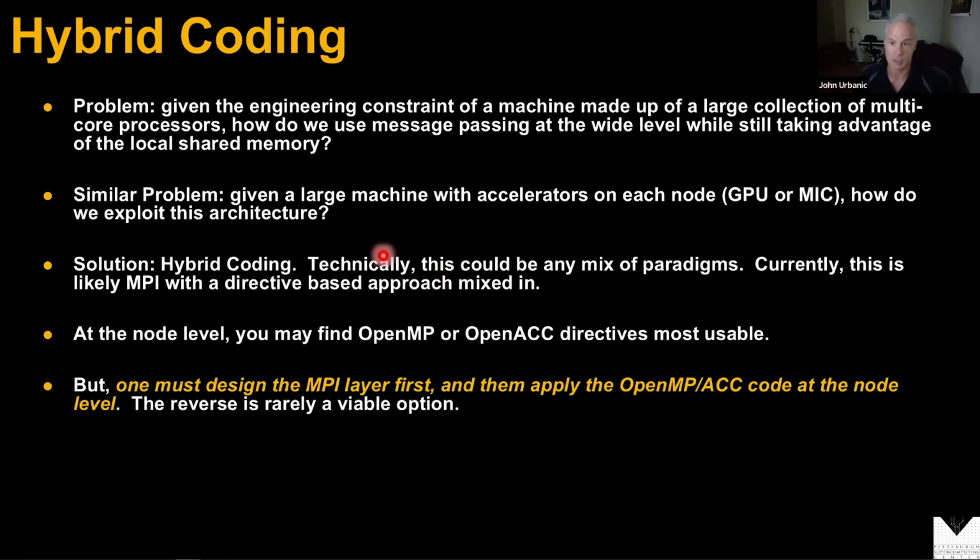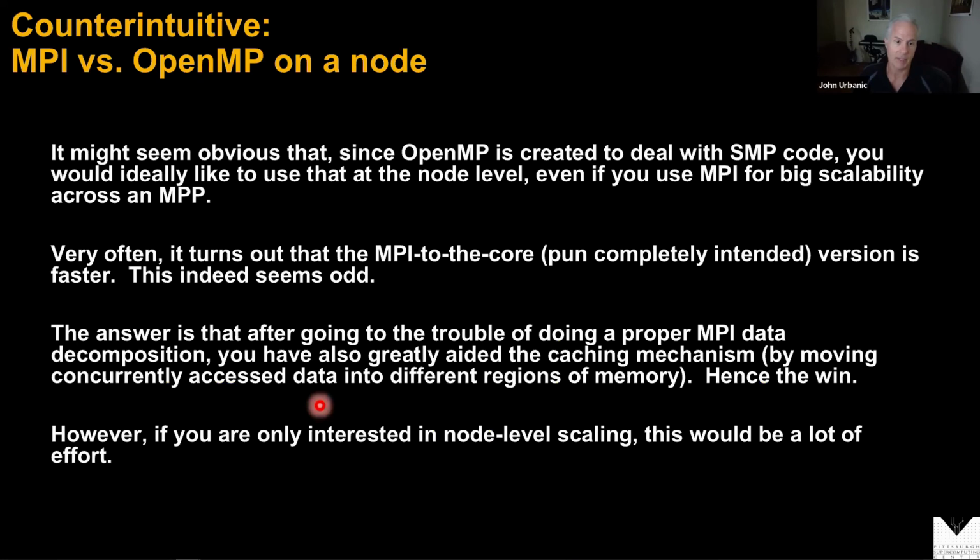And so this is a common kind of design, and realize that if you're building a hybrid code, really think about the MPI layer first, because that domain decomposition is the most important thing. And then you can worry about addressing the hardware capabilities on individual nodes if you care about it. Otherwise, if you start out with what seems like the easy part to bite off, I'll do the easy stuff like OpenMP, which is indeed much easier, and then add MPI on top of that, now you've got multiple things to juggle. So you pretty much want to design an MPI code and then worry about making it hybrid.